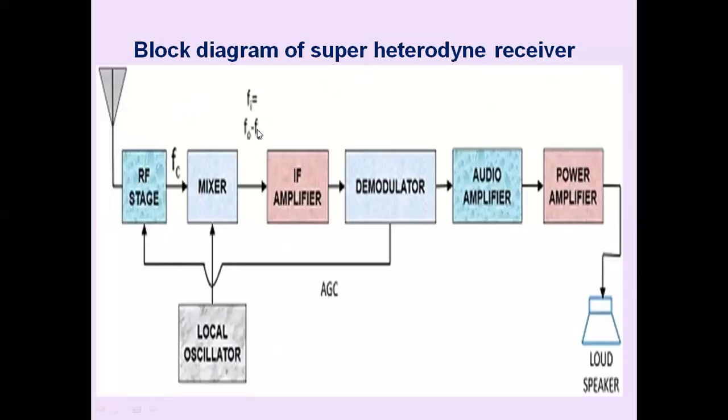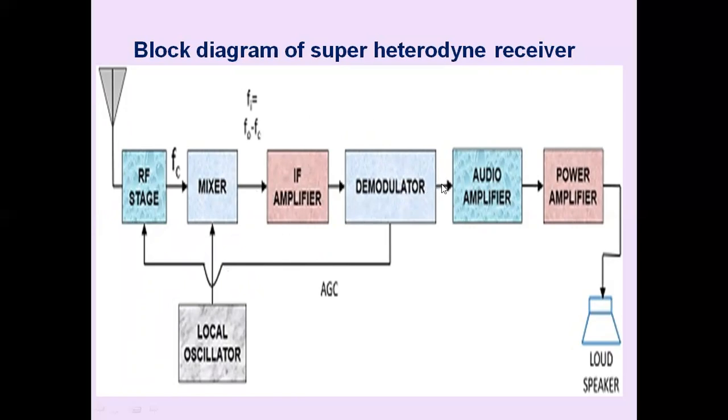And this diagram is shown in another way. We have the RF stage, the receiving antenna, and the RF amplifier amplifies the received signal. This signal is mixed with the local oscillator. The intermediate frequency is generated, Fi equals F0 minus Fs. This signal is amplified and fed to the demodulator. The demodulator provides the message signal, and also a DC voltage is generated. It is applied as input to the previous stages to provide automatic gain control or automatic volume control, irrespective of the variations in the incoming signal strength.